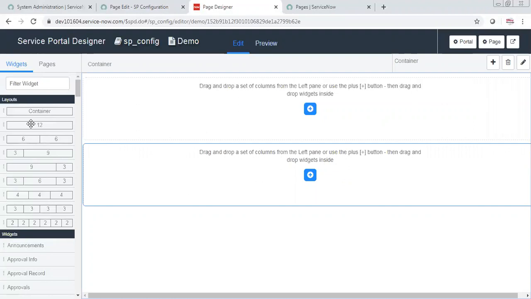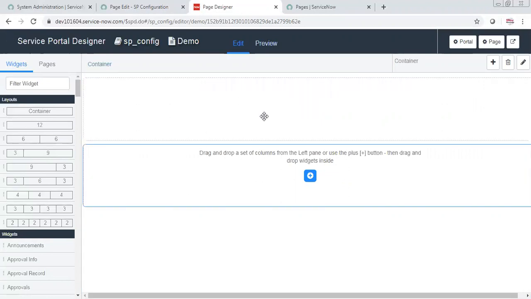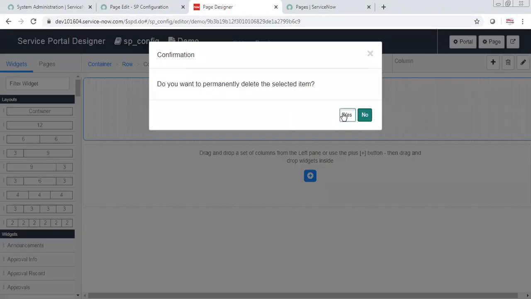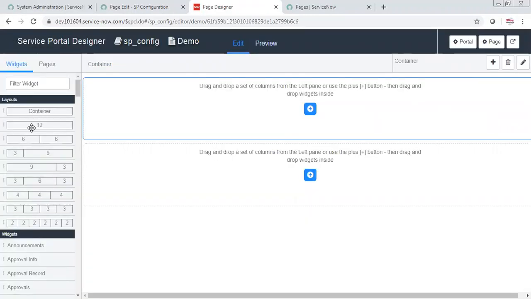Basically in Angular you have a maximum of 12 columns. If you want to display a single item on your whole page, you can select this 12-size container, so it will cover the full page.